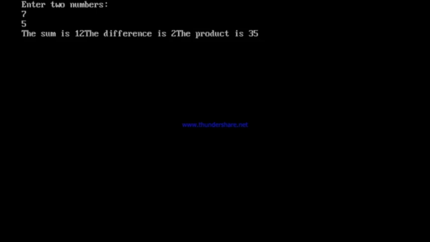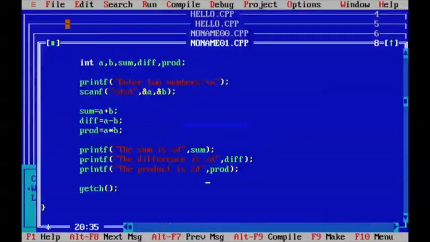I want to print these three outputs in different lines. So, what to do? You can understand very well. It is printing sum followed by the sum variable. It is not going to a new line. You are immediately printing the difference is this, and immediately you are printing the product is this. So, between these two there should be a new line. Say if I print the \n or the new line here, then after printing the sum is 12, in the previous case when I entered 7 and 5, immediately after printing the sum is 12, it will go to a new line. So, the difference is something will be printed from a new line again,